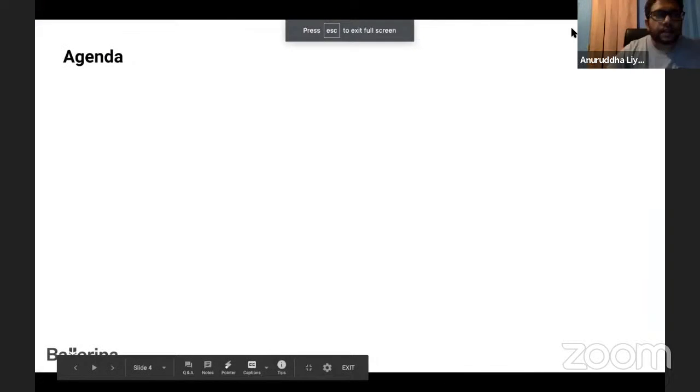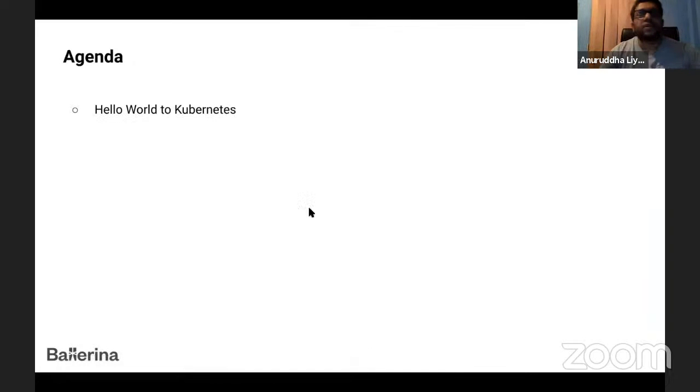As for today, we'll be discussing the Code to Cloud functionality of Ballerina, specifically for Kubernetes. We'll be deploying a Hello World service into Ballerina Kubernetes. Then we will scale the code in Kubernetes, and finally we will run a Cronjob in the cloud.